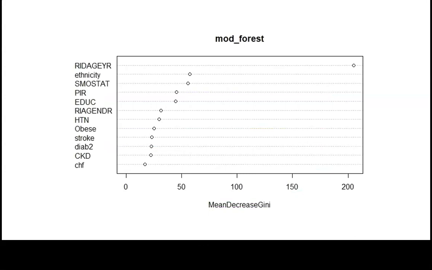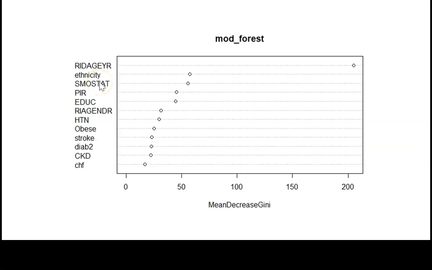and in this example, of course, this random forest model, you can see the relative importance according to the mean decrease in Gini. And these are all of the predictors that were within the model for depression. And so as you can see, there's about 11 predictors. And so out of these, you can see CHF, congestive heart failure, is at the bottom of the list, while age, ethnicity, smoking status, and the two variables that we're really interested in trying to find out is, of course, hypertension.